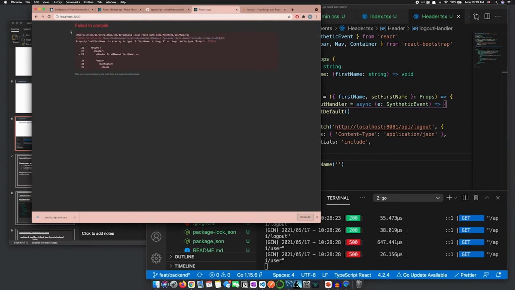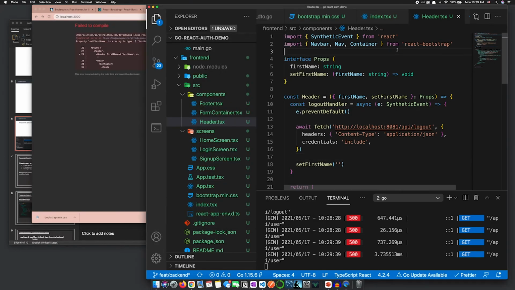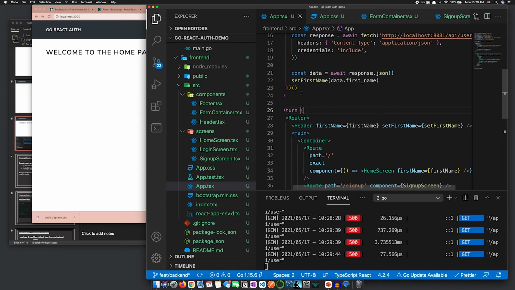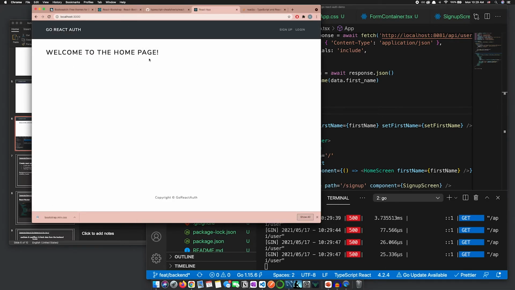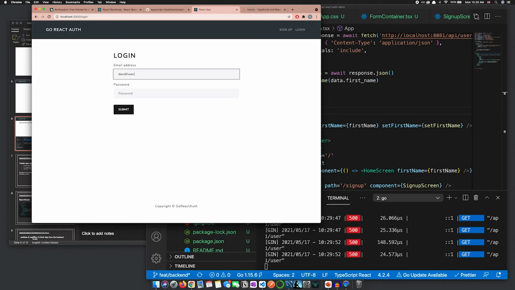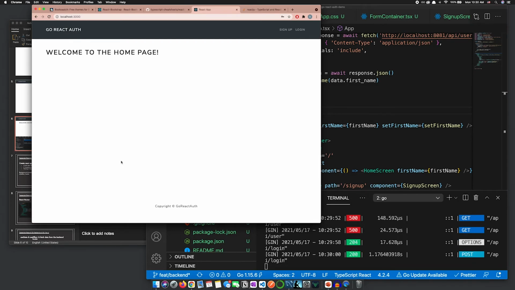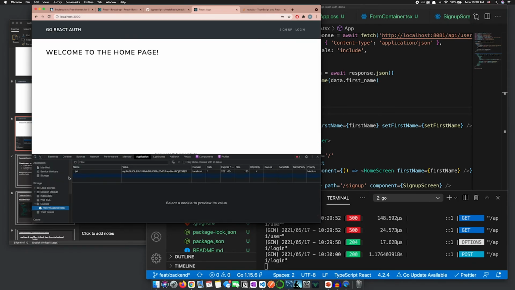And now let's start everything from the start. Okay. I do have to save app.tsx. Okay, so that is saved. And let's start from the very beginning. Okay, we are going to log in with the new user that we created earlier. Okay, 1, 2, 3, submit. The user is logged in, and we can see the token here. Okay, now it says welcome to the home page. We do have to refresh the page to see this,